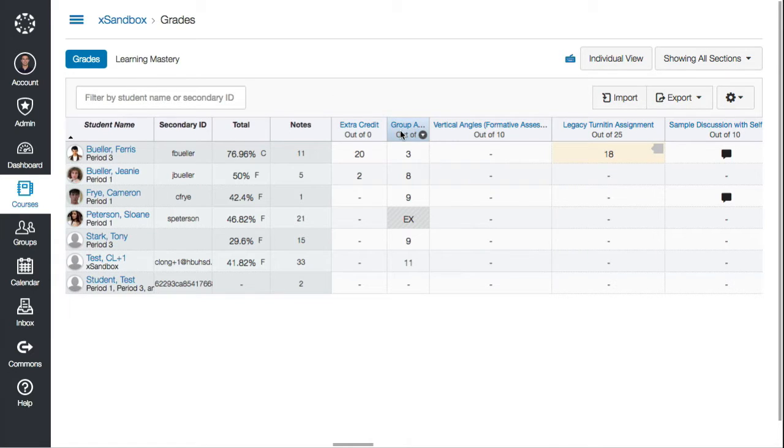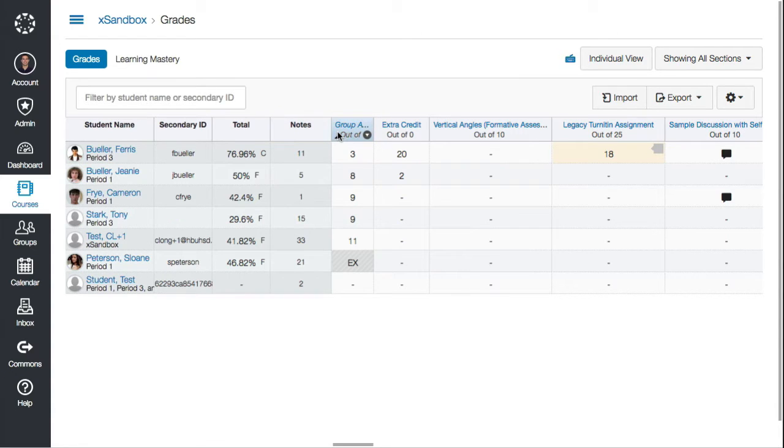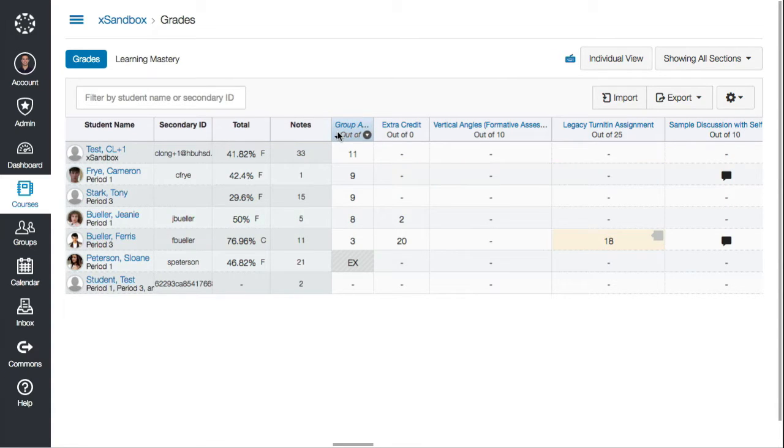So like, let's say it was this assignment right here. I can just take that and move it over here. And then whenever you want to sort your grade book that way, you can do that. So I think that's going to allow you a lot of flexibility